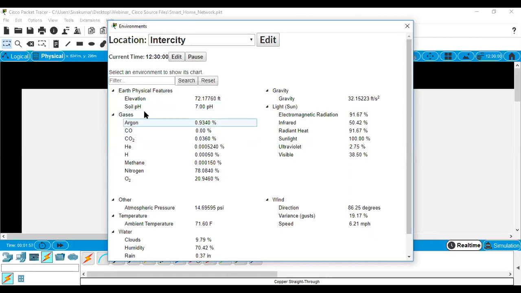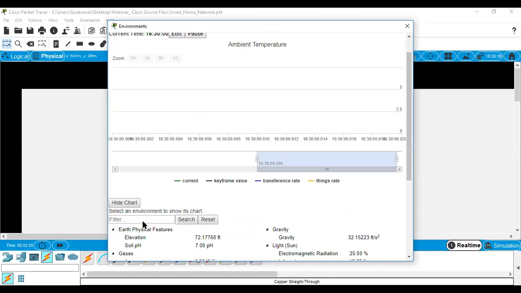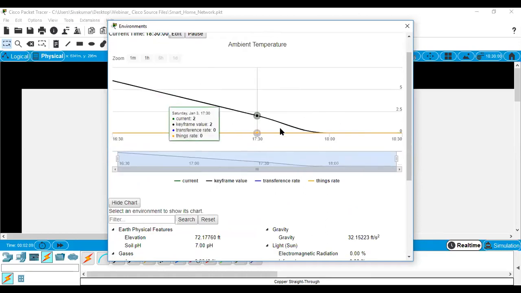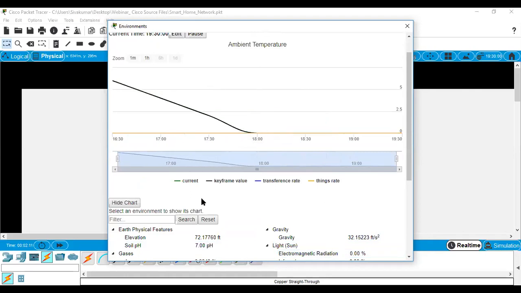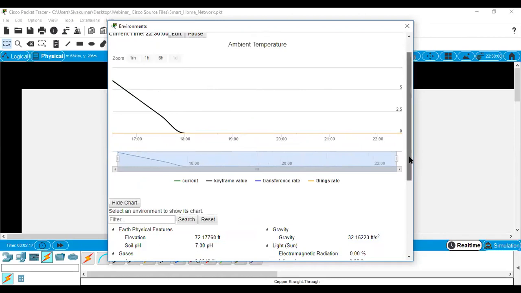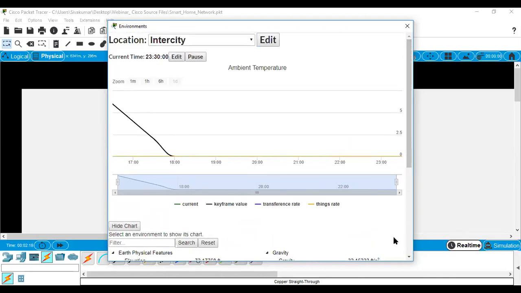Now you check all these parameters, for example gases, atmospheric pressure and temperature. I just want to check the ambient temperature. Here that is almost 40. It takes some more time to check this. Here current value, keyframe value, trend information value, rate, and a lot of analytics we can choose here.